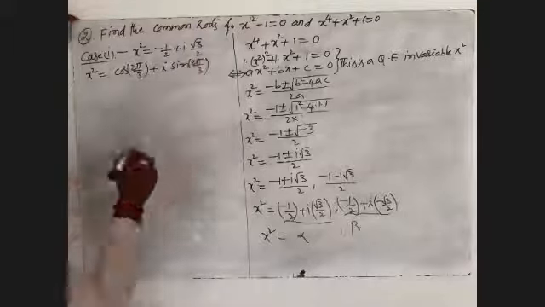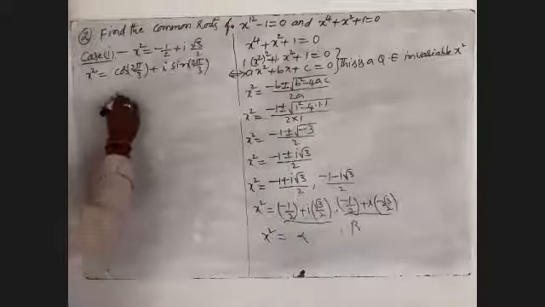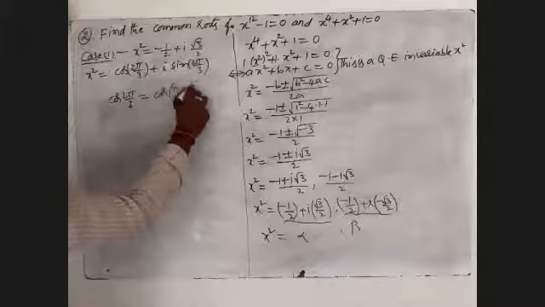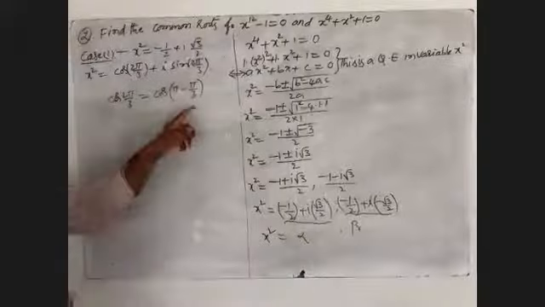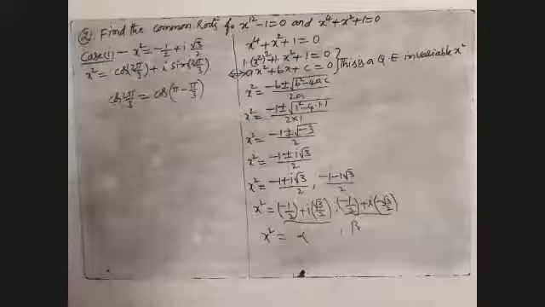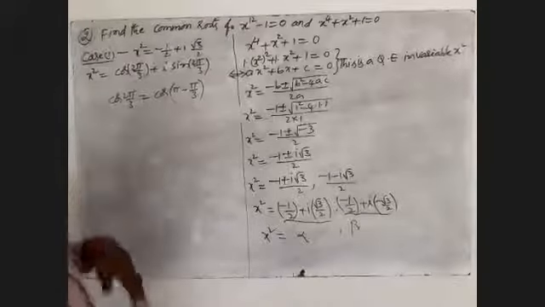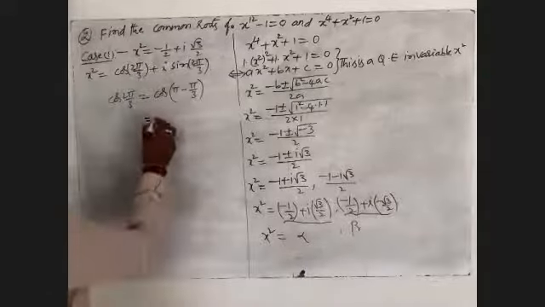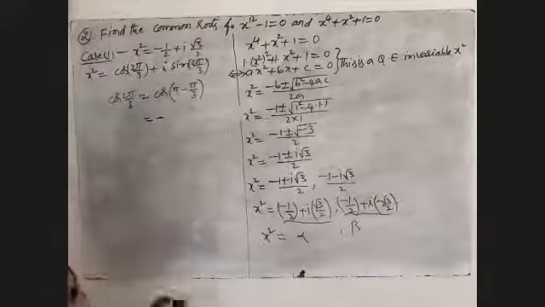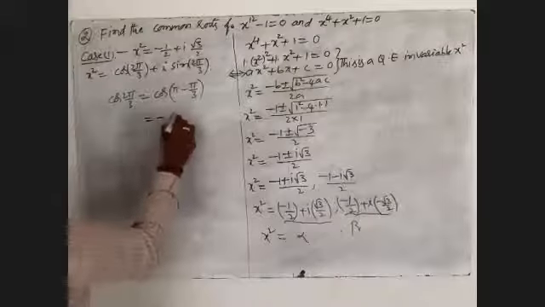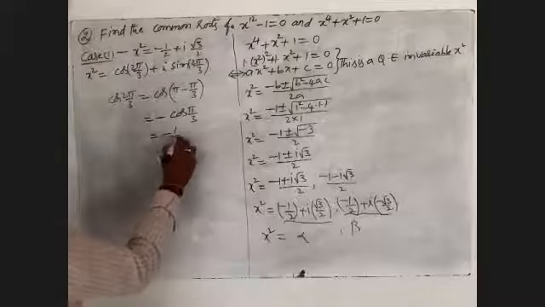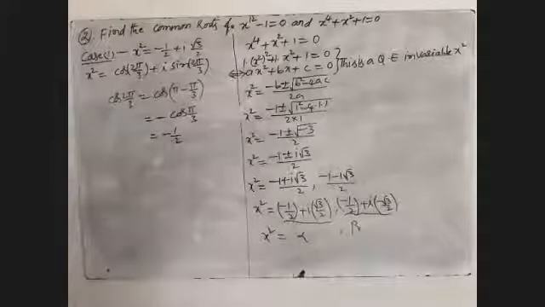We'll observe 2 pi by 3. First we have to expand this one. Cos 2 pi by 3 is nothing but cos of pi minus pi by 3. 3 into pi is 3 pi, 3 pi minus pi is 2 pi, so 2 pi by 3. 180 minus theta lies in the second quadrant. In the second quadrant, cos is negative, so I will write minus. In 180 degrees there is no interchange of the values. Cos pi by 3 is nothing but cos 60 degrees, so the value is minus 1 by 2.